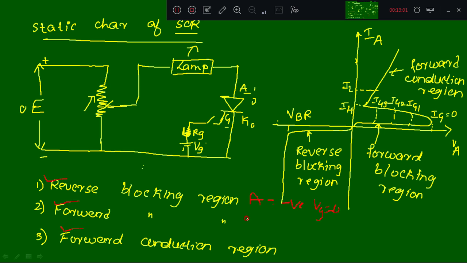In the forward blocking region, anode is made positive and the gate is not given. Whereas in the forward conduction region, anode is made positive and we will be giving the gate. There are three regions.